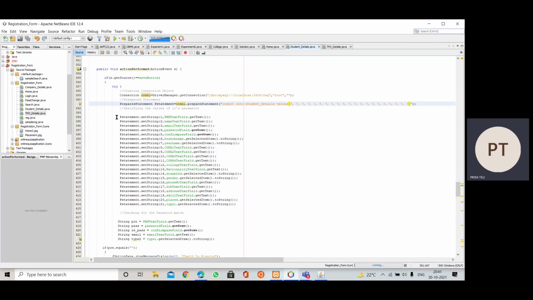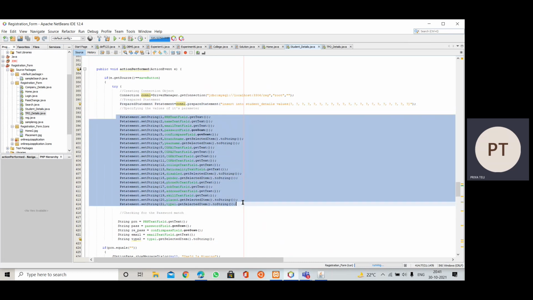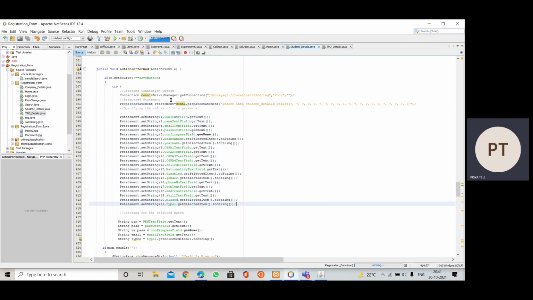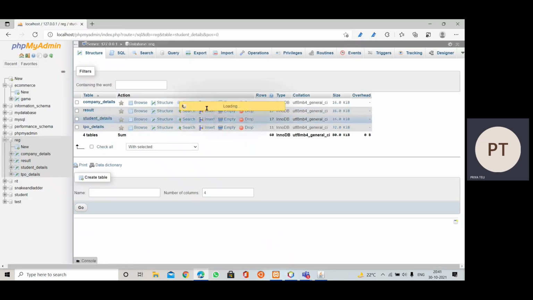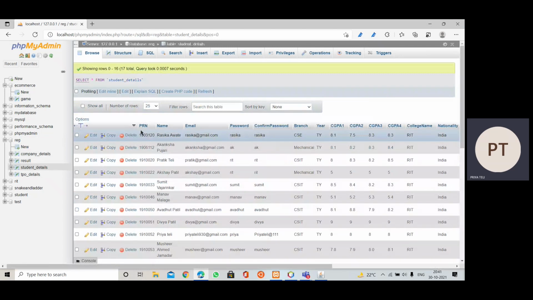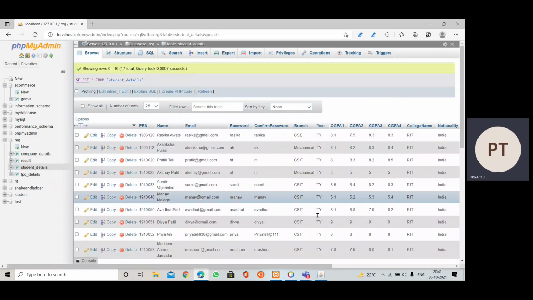Then we write the sequence for the insertion of this data into the table. This sequence is very important. We have to check what the sequence is, like PRN, name, email. As per the sequence we are going to insert the values.